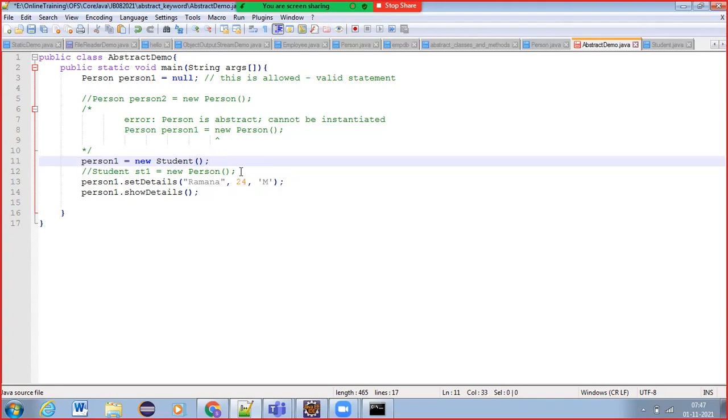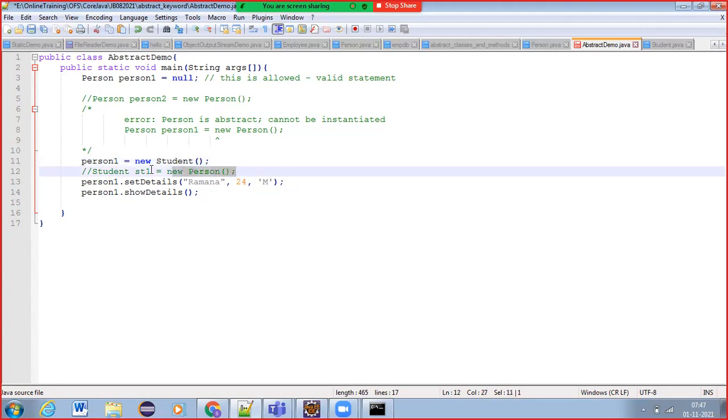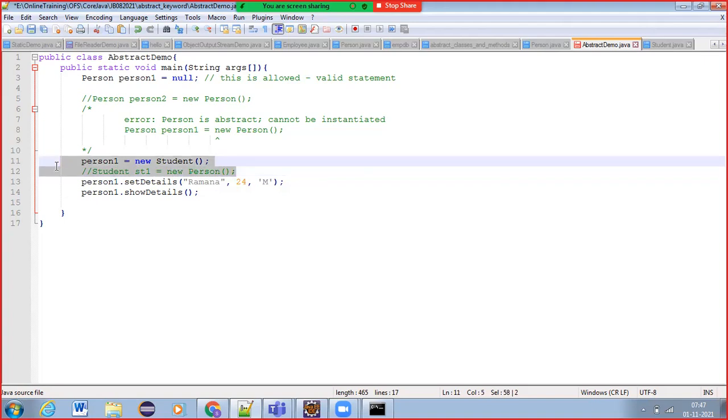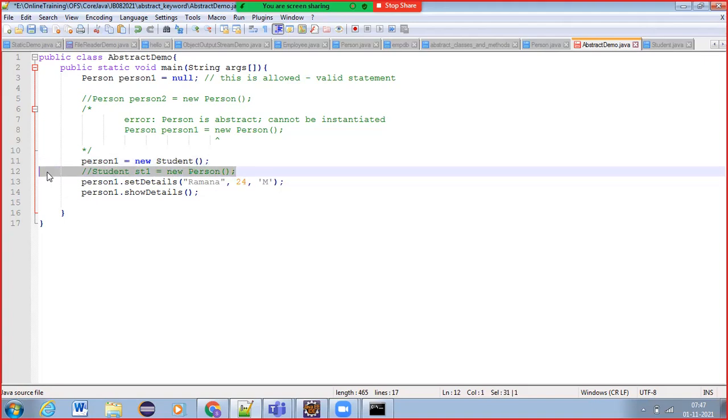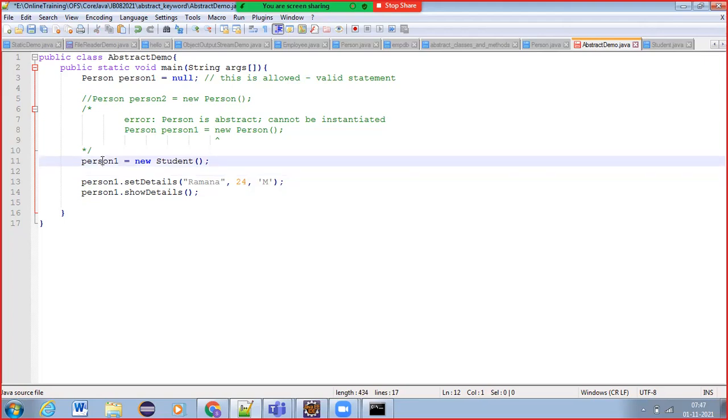And of course, this is very frequently used in our advanced concepts also. This point is very important, guys. You need to remember all these abstract classes and parent reference, child class object points.